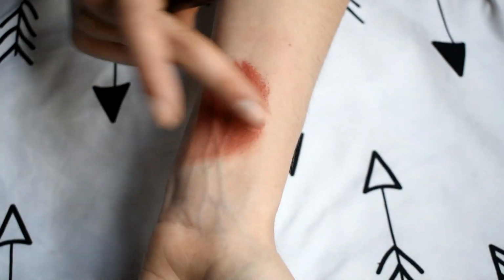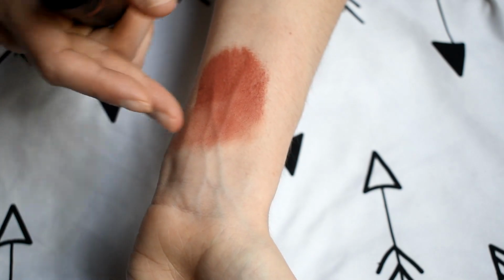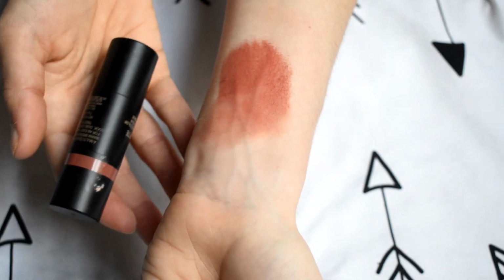Everyone loves these, and I love the color. I just feel like it fades within like a couple of hours. So I'm going to keep it because it is new, but I don't think I would purchase any more colors,